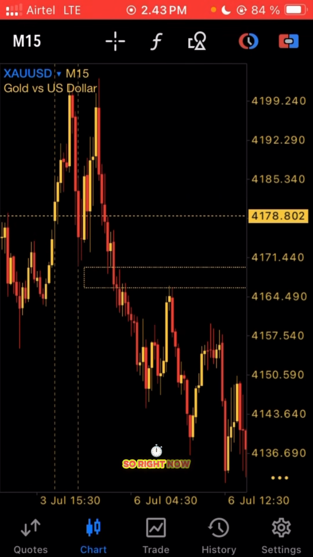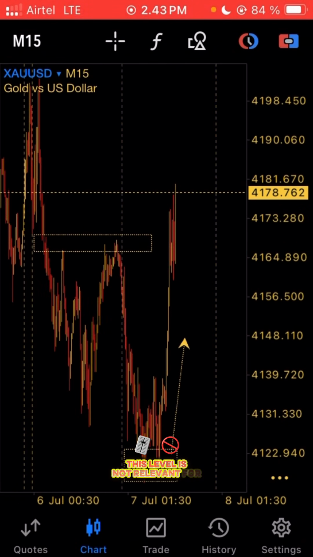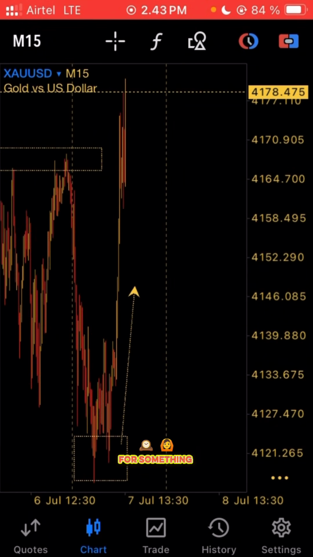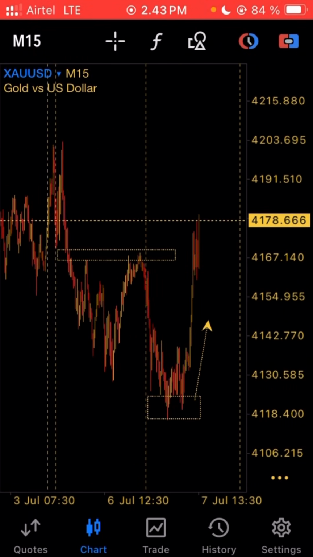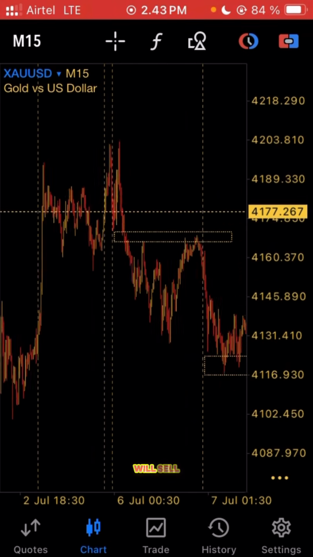Now we are going to go to the recent chart and come back to this example, right? So right now we have that the market is on a level. Is this level relevant or not? This level is not relevant for me yet. It's relevant, but not now. Okay, so it means I am looking for something before confirming the sell or before confirming a buy trade. All depends on the structure, but physically and on a natural state, we are all going to conclude that this market is selling or will sell,